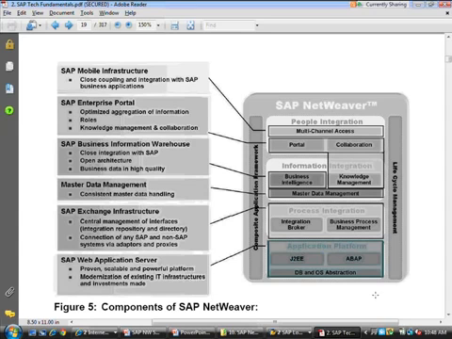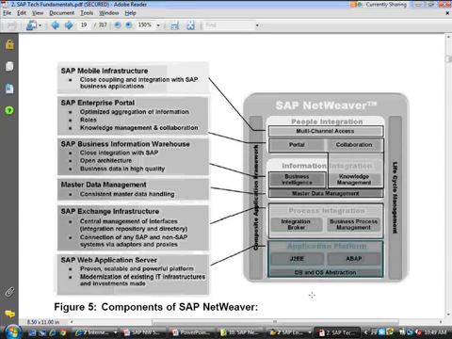ABAP is SAP's proprietary programming language, and J2EE is Java Enterprise Edition. So it's got a J2EE engine, it's got an ABAP engine, and it can run on any database and operating system. Not any, multiple databases and multiple operating systems. So it has a DB and an OS abstraction layer.